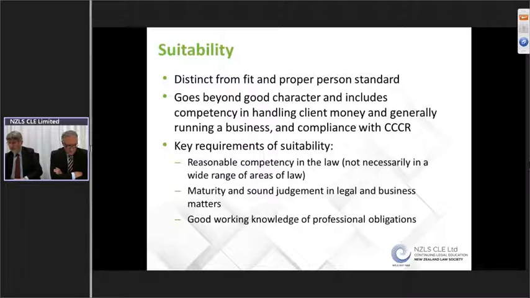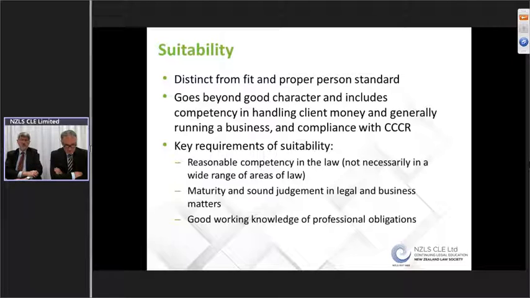Now, I wanted to speak about some matters that will be taken into account, and if you are applying, which should be addressed in the application to demonstrate suitability. First, and perhaps very much stating the obvious, but I will say it anyway, reasonable competence in the law. Now, it is not the case that you have to show that you are a Class A scholar in all areas of the law, but that you need to be able to satisfy the decision maker that you have reasonable competency to practice on your own in the areas you nominate as your areas of practice